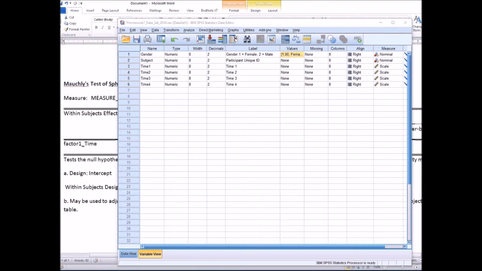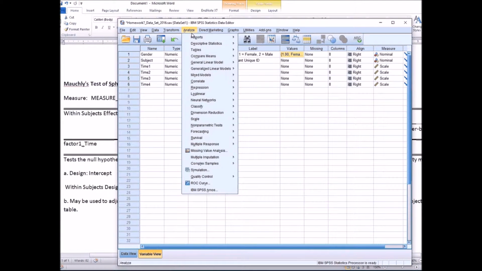What if we want to look at a between subjects factor? So for example, you'll notice here we have gender. We have both men and women. So what if there's a difference between how subjects fare depending on if they're male or female over these 4 time points? So to do that, we're going to go back to Analyze, go back to our General Linear Model,